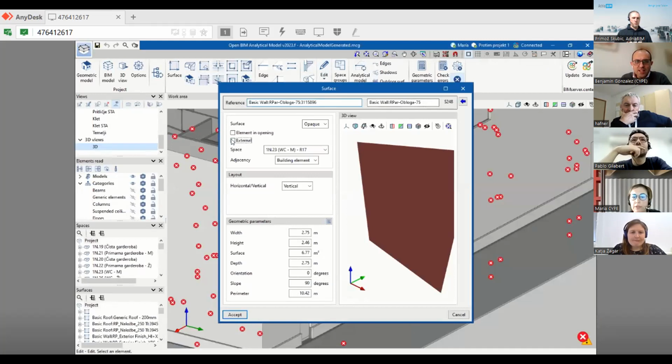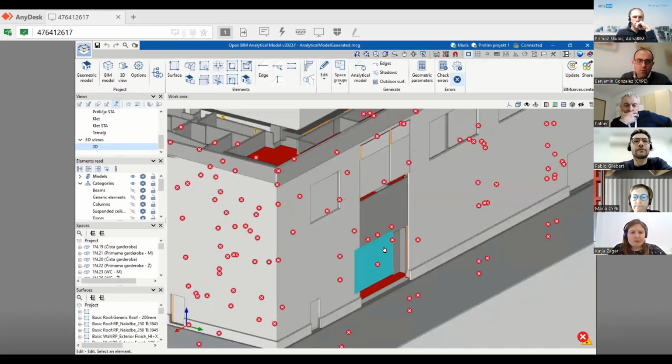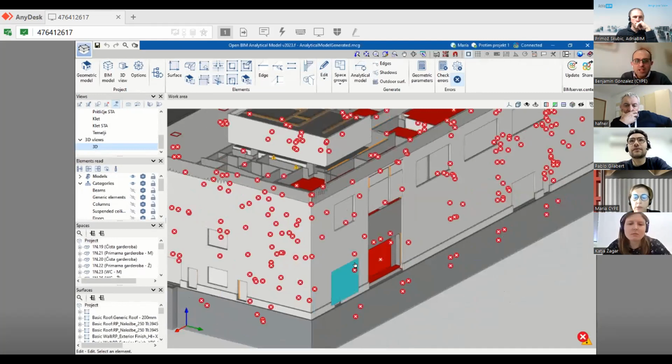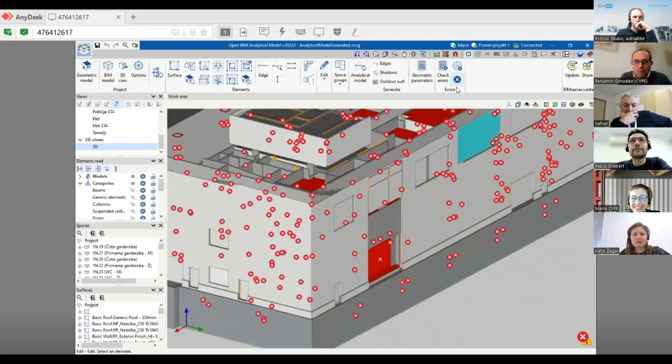It's not activated, and you can set it, and we have some options to select a lot of walls and say all of them I want to be external. You can do it. And please don't panic with this